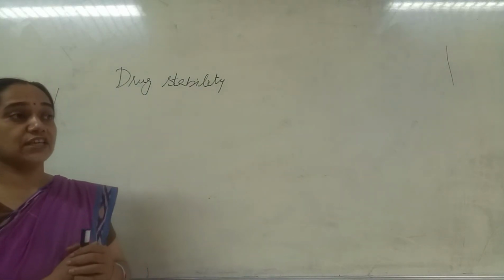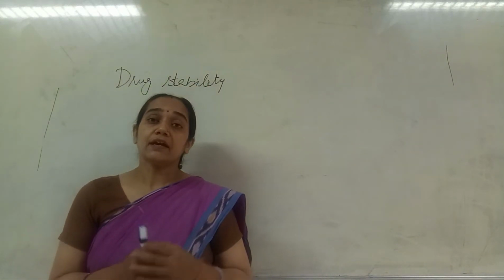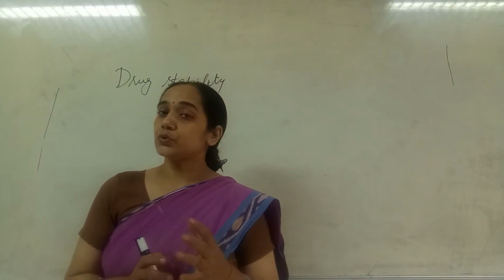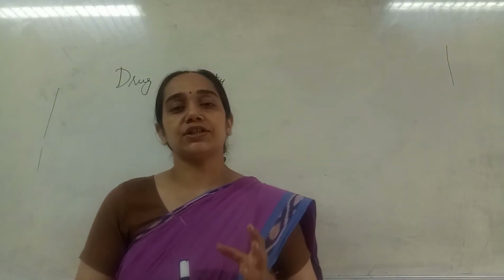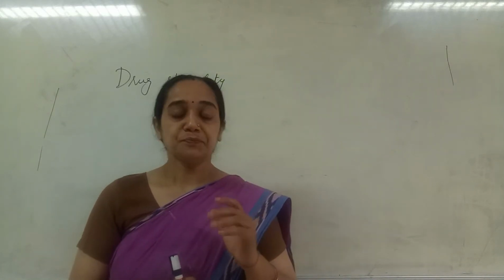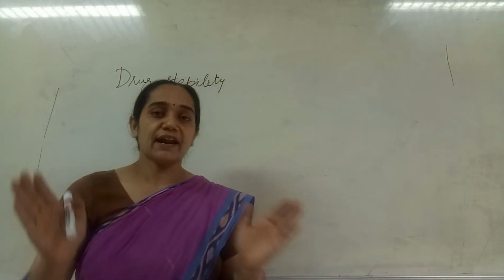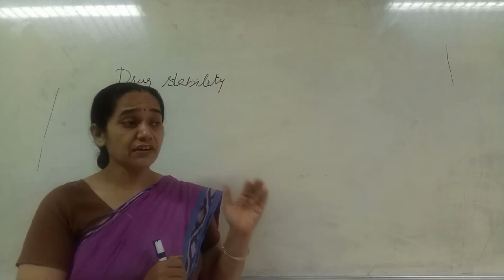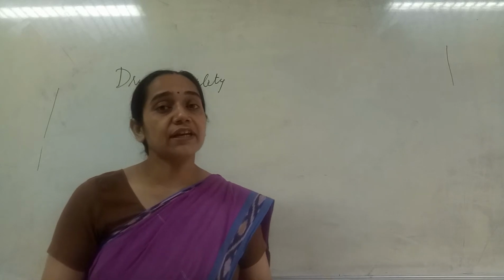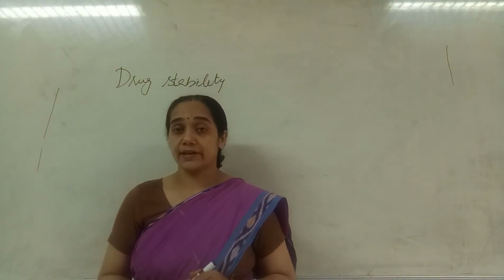of the drug. For example, if I am willing to make a controlled delivery system for insulin, I know insulin is a protein and it gets denatured in the acidic environment of the stomach, since the pH of the stomach is between 1 and 3. If it is in that range, it will be denatured, and if a protein gets denatured, it will not be able to show its pharmacological activity.